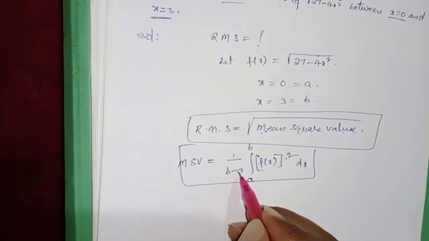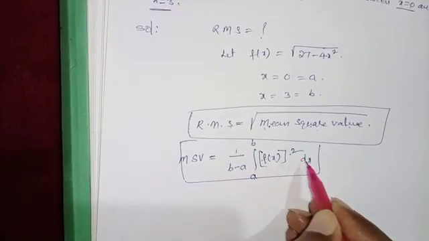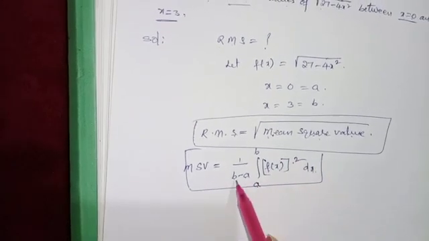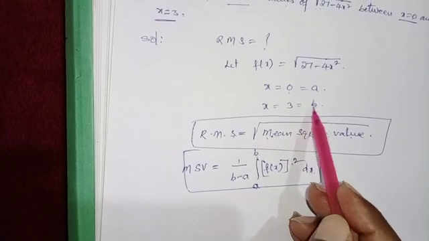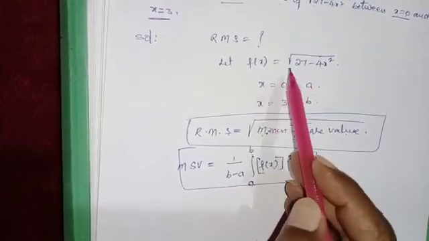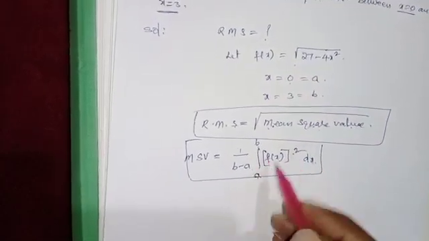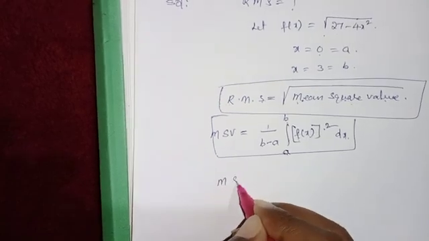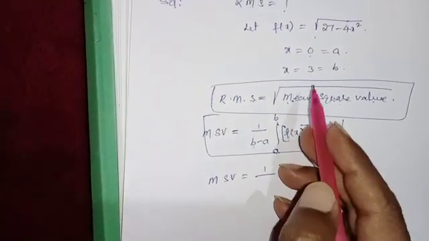Here a value is 0, b value is 3. Substitute here, and f of x value is under root 27 minus 4x square. Substituting those values, MSV is equal to 1 upon b, b value is 3